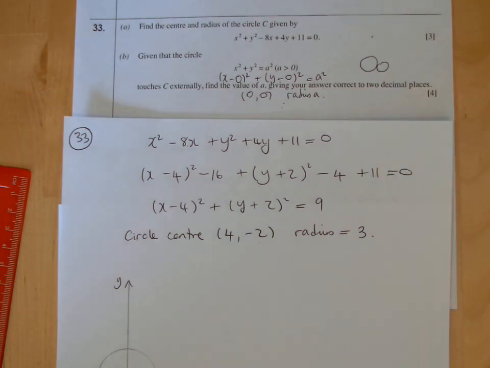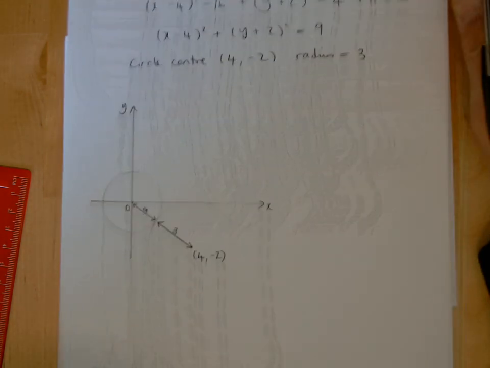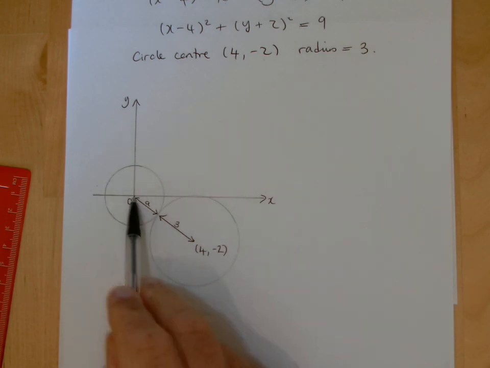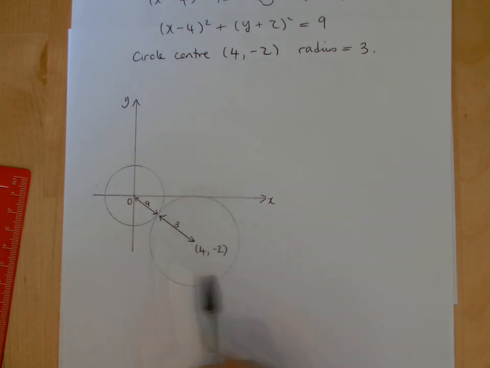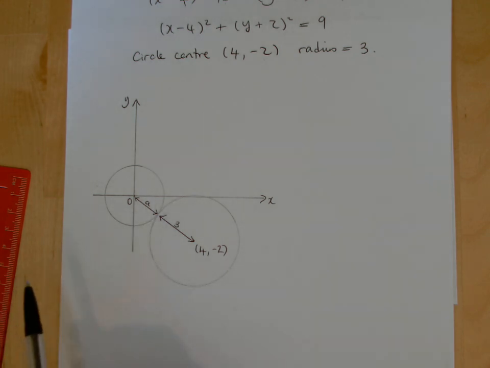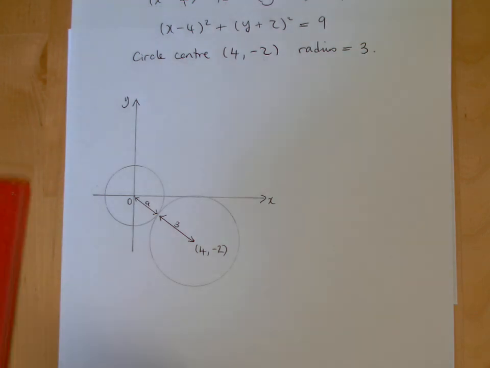Now, I've illustrated that here on the graph. I've drawn the circle with radius a, centre 0, 0, and then I've drawn the circle from part A with radius 3 and centre 4, minus 2. Now we're asked to work out a. If you think about it, it touches at that point there. We're asked to work out what that radius a is, but the good thing is, if I can work out